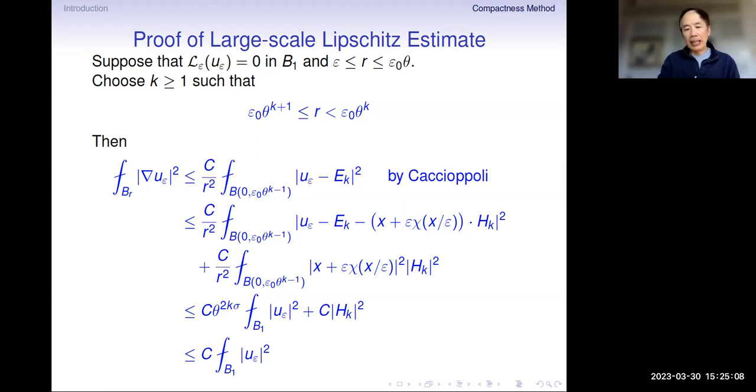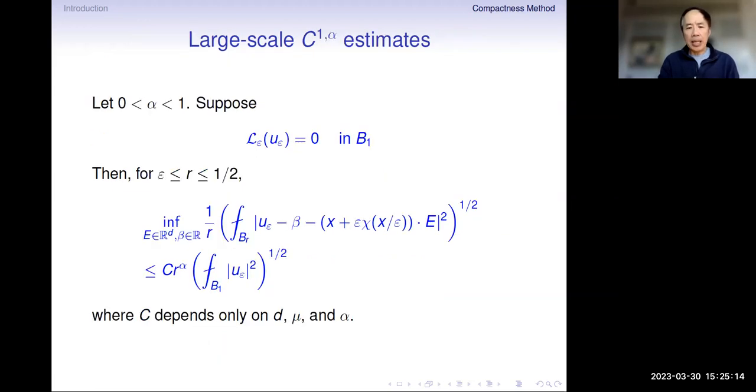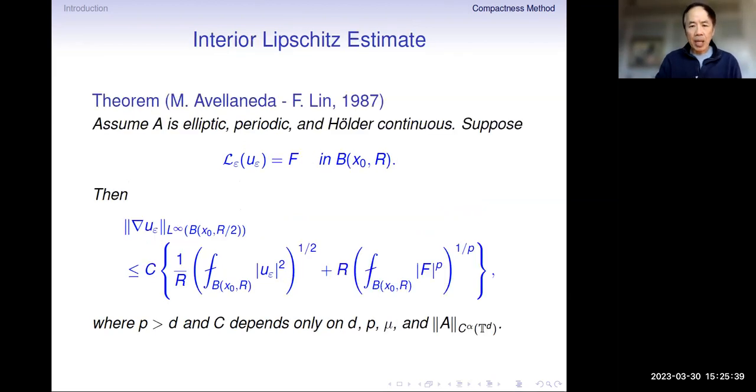I'll give you some idea of the flavor of what's involved here. So this is for the interior estimate. There is a C^{1,alpha} estimate. This is called a large-scale C^{1,alpha} estimate. So instead of subtracting a linear function, you have to add this corrector into the formulation. Otherwise, you do not get C^{1,alpha}. That's why you don't get a classical C^{1,alpha} estimate. All right. So if I have a non-zero right-hand side f,